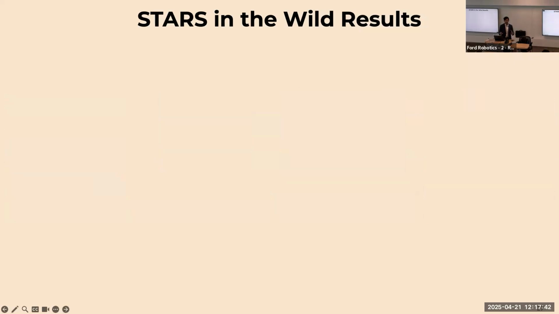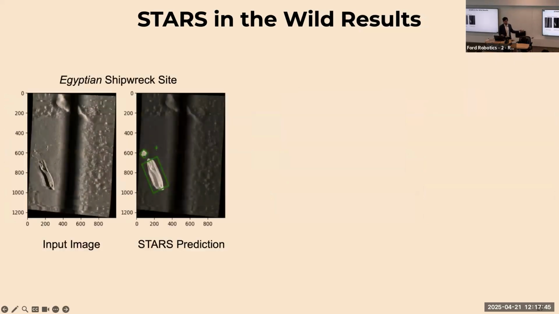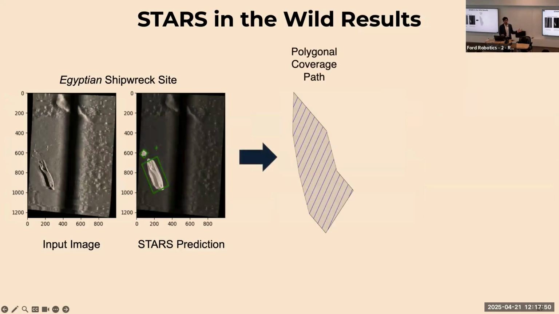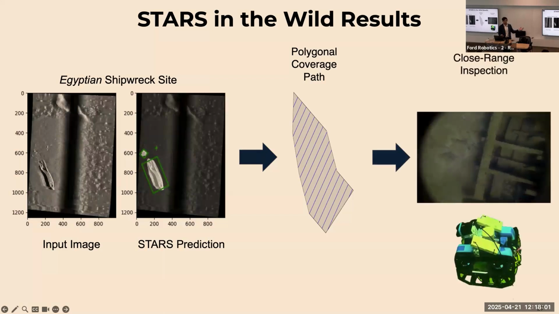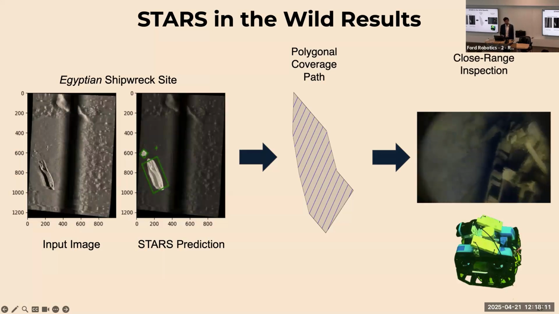So what is this actually useful for in a robotic sense? With the STARS detections, we can produce bounding boxes and also per-pixel segmentation labels. We can take this and produce what is called a polygonal coverage path, which is a path that a robot can use to perform a close-up survey just over the area where the object exists. Using this, we can program another robot to take a closer-up survey and collect imagery for reconstruction purposes or whatever downstream tasks you care about. We note that STARS significantly cuts down the amount of time it takes to find objects in side-scan sonar, allowing for accurate detections with minimal human involvement.